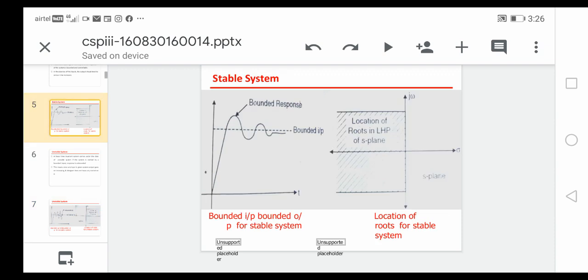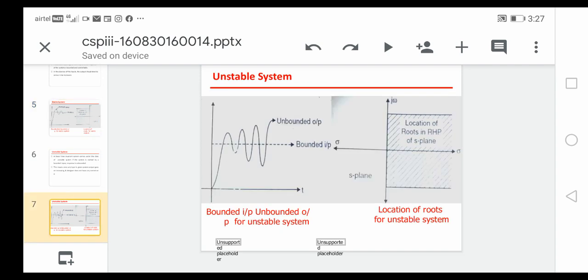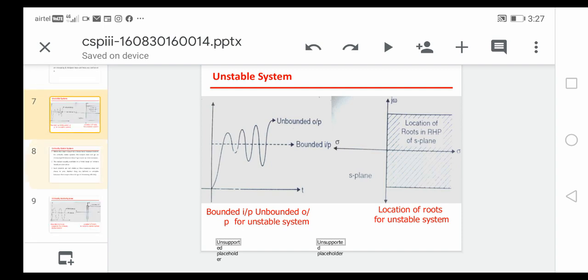In the previous case, once it reaches its peak, it comes to the step input, that means 1, so that it reaches a bounded value. But in this case, it will not be like that. The output will go beyond the input, and it is not going to be controlled. That particular type of system we call an unstable system. In this type of system, the location of poles are all on the right half of S plane, so this system we call an unstable system.